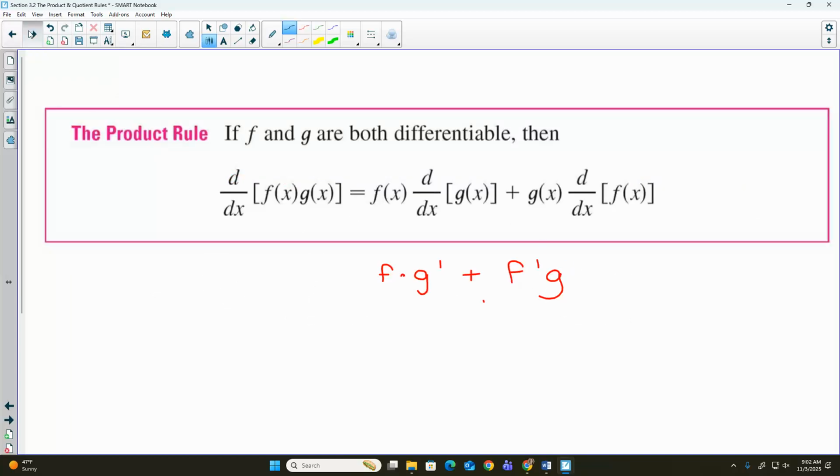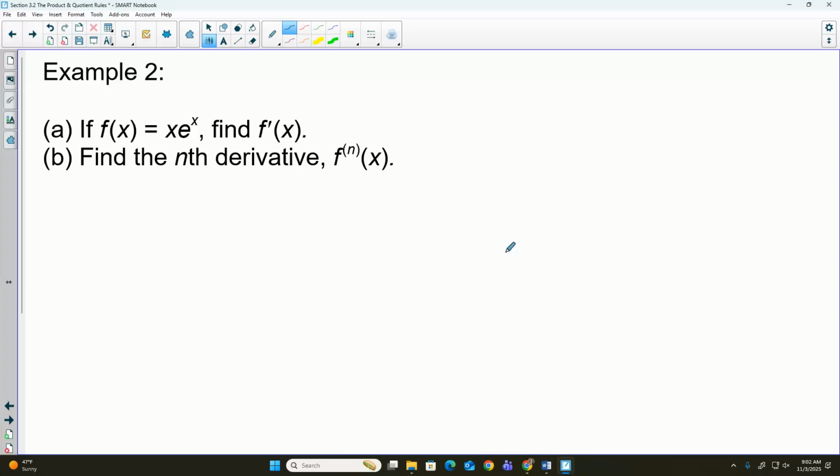So let's try one where we have to do the product rule. So x times e to the x. I can't simplify those and make one of the x's disappear. It's a product rule because I have two expressions that both have an x in them. I have a plain x and I have an e to the x. So if I want my derivative,